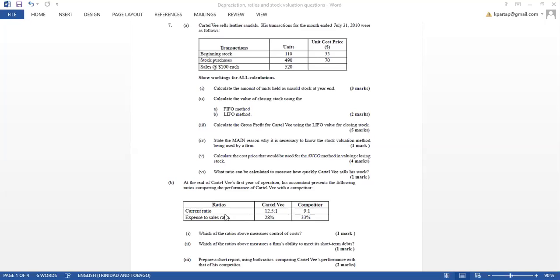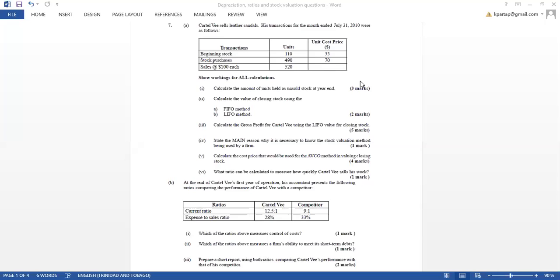All right. So as I was saying, we are going to look back in yesterday's handout and try to figure out which ratio we would be using to measure the control of costs, meaning expenses, and which ratio measures the firm's ability to pay its short-term debt, meaning its liabilities. So basically, they give you two hints. And then you're going to do a short report using both ratios to say how Cartel V's is performing when